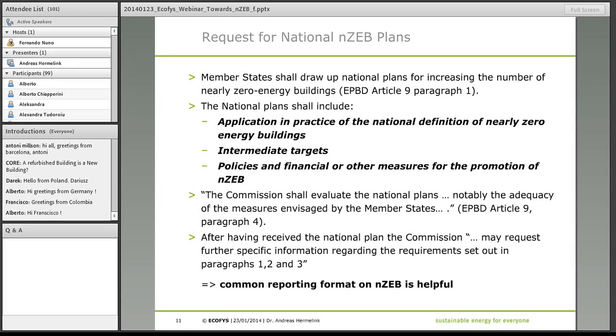This request of the Commission is on the one hand meant to push the member states to really actively develop a strategy on how to reach nearly zero energy buildings by 2050. But it's also meant to give them a monitoring tool on what they do and also to help the European Commission, to give an instrument